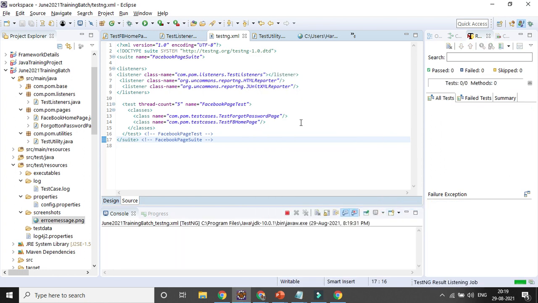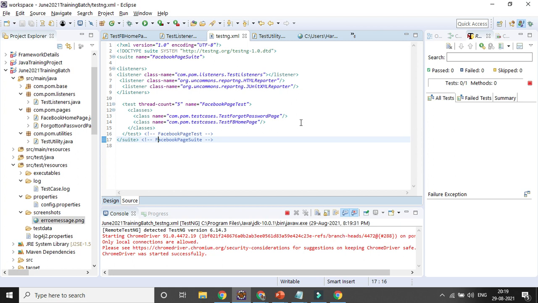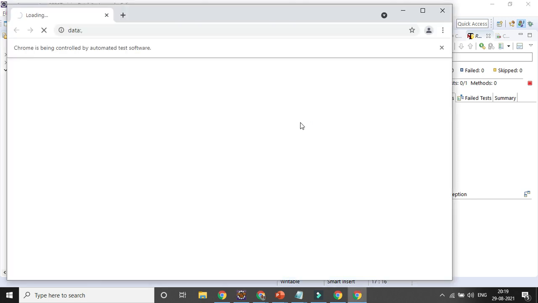It will definitely try to execute both the test cases. One test case will pass, one test case will fail, and your screenshot will be captured. Also you can change the name. You can fix the name, or you can concatenate it with System.currentTimeMillis, the current time. That current time will be appended, so it will be unique in nature.